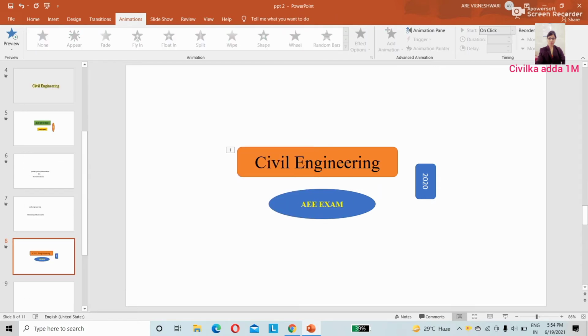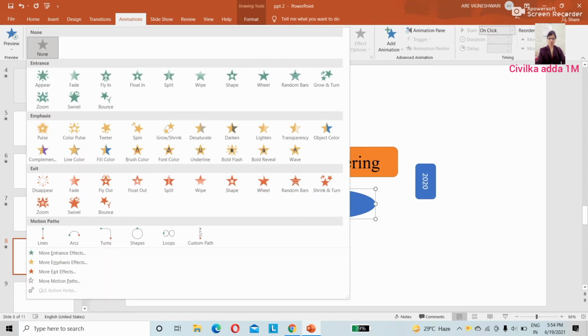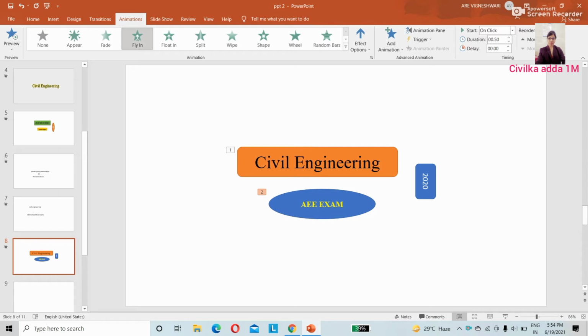You want AEE exam to animate second after civil engineering, so go for animation and then select this. After that select this. Now see the preview: civil engineering, AEE 2020. Like this you can do the animations to the text.